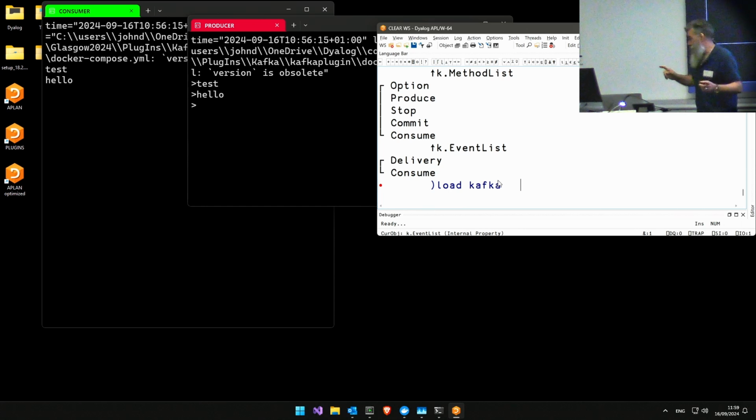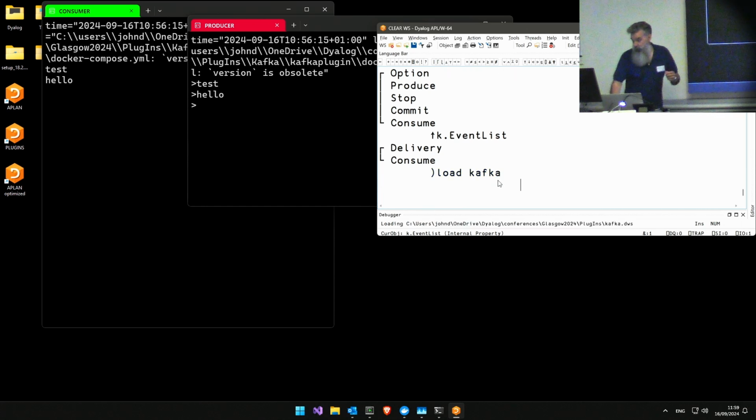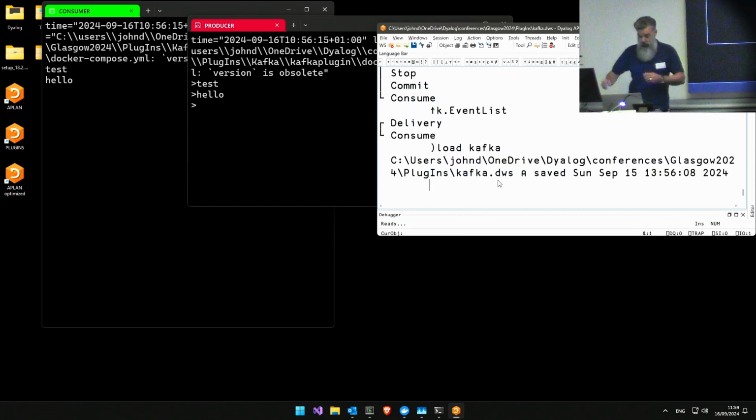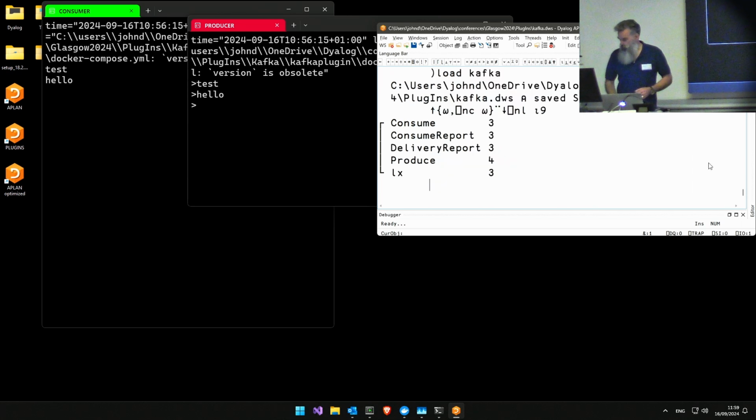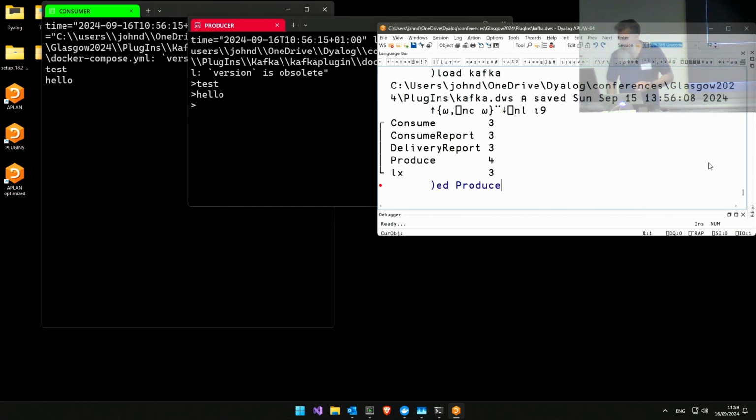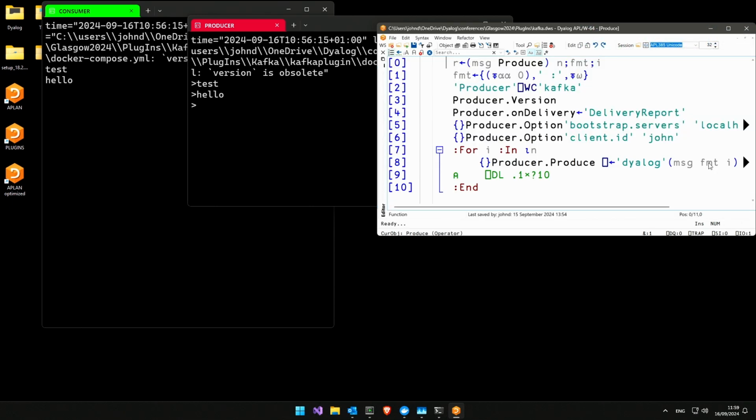So Bjorn has written some stuff for me, which is in this Kafka workspace. It's a small workspace footprint, not huge. What we've got here is a workspace that's just got some functions in it, it's got an operator in it, it's got a latent expression that just throws away any other stuff that's not supposed to be in there. And here's a function called produce. Well, actually, this is an operator called produce. And what it does is it creates an instance of Kafka,